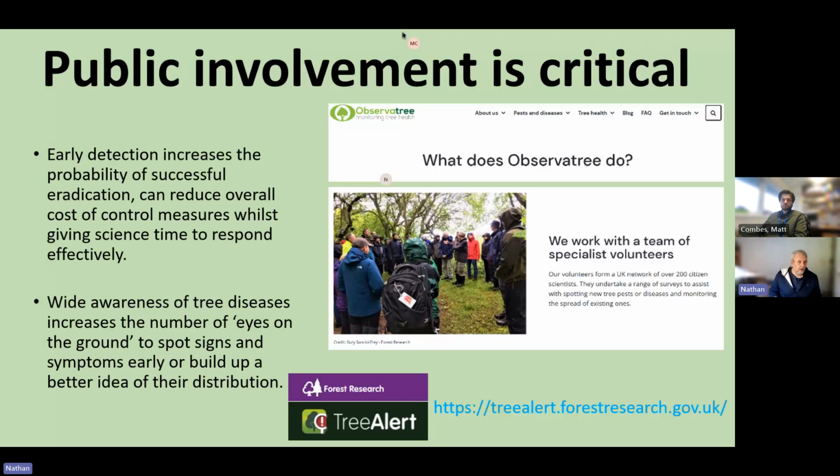How likely are we to have none of the pests present? So how certain can we be that emerald ash borer isn't in Great Britain already? If we can show the value, we can make the case for more training and support for these volunteer programs and landowner